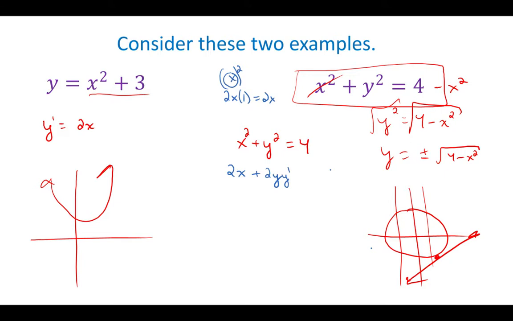So sometimes you'll see instead of y prime, it would just be dy dx, because we're differentiating with respect to x. So an alternative way of writing this would be 2x plus 2y dy dx. As we get into something called related rates, this will be really important that you know how to do this implicit differentiation, where for now you just need to know that if you take the derivative of a variable with